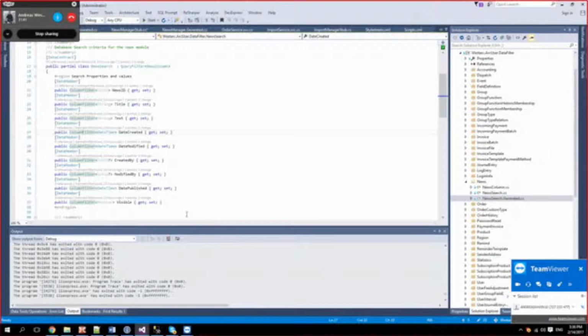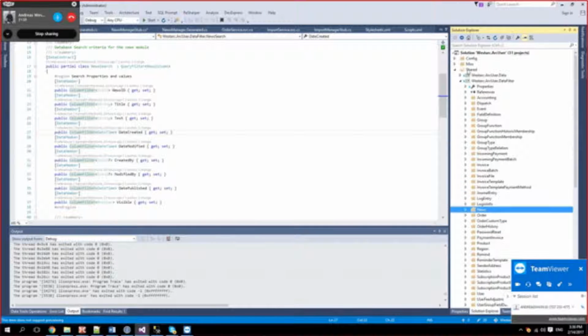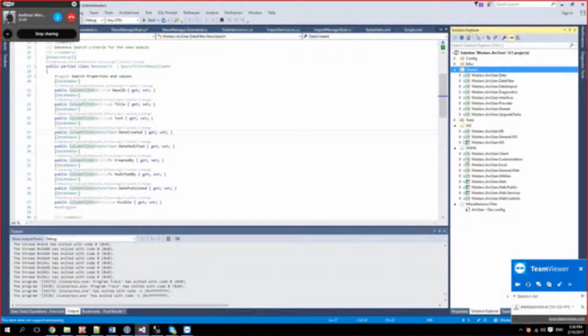And as I said, are these data classes common for front end and back end? Yeah, it is. Okay. So all the projects that are located under this shared folder are shared between the front end and the back end.